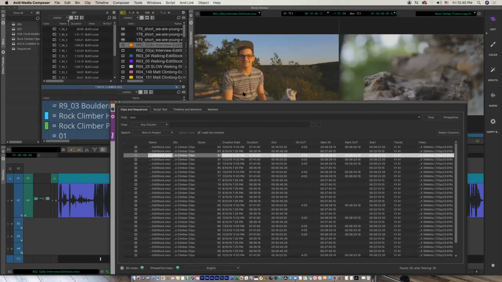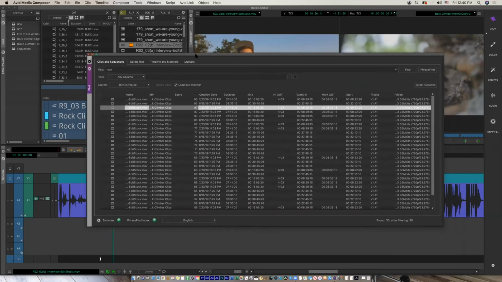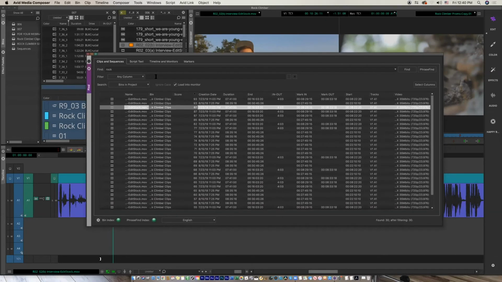So the interface looks a little bit different. The linking looks a little bit different. And this is a tool that I am really using a lot, especially if you're doing documentary and you're trying to find out when the guy said the word. So for example,